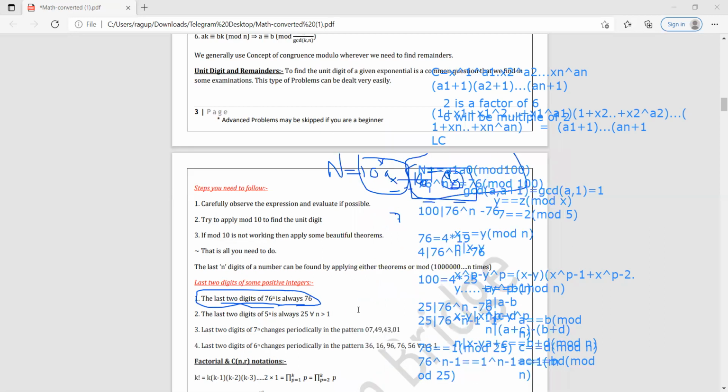And thus you can now feel the essence of why congruence modulo is important. Because we have proved a very strong statement here, that the last two digits of 76 raised to n is always 76. Similarly, the last two digits of 5 raised to n is always 25. So 5 raised to n is congruent to 25 mod 100, we have to prove. So we know that 5 raised to n minus 1 is divisible by 4,